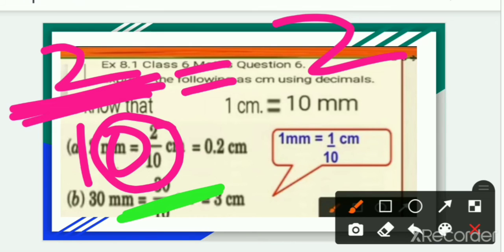It means count one digit from the top. So here is one digit. In front of that put the decimal point. So it will be 0.2. Our answer will be 0.2. It will look nice if you put 0 in front of a decimal. So it will be 0.2.